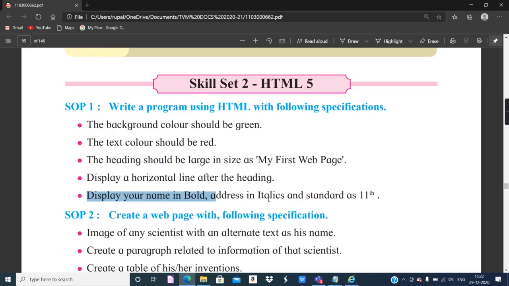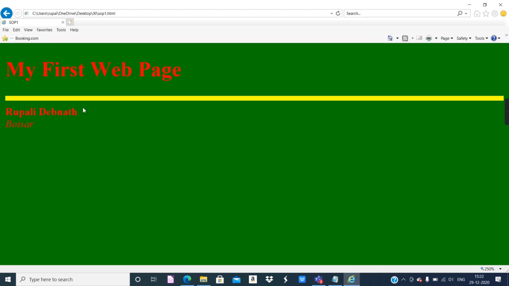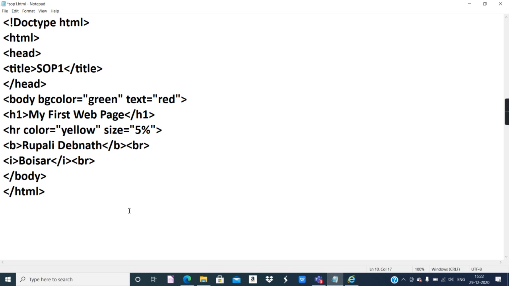Now the address in italics, standard 11. I'll give a break to break the continuity, use the BR tag.